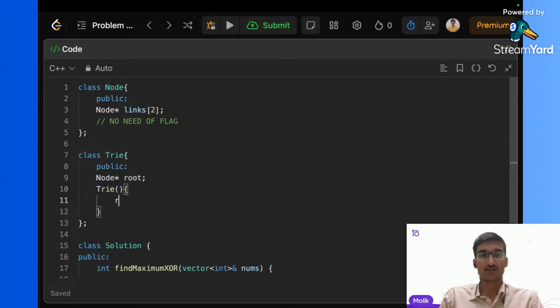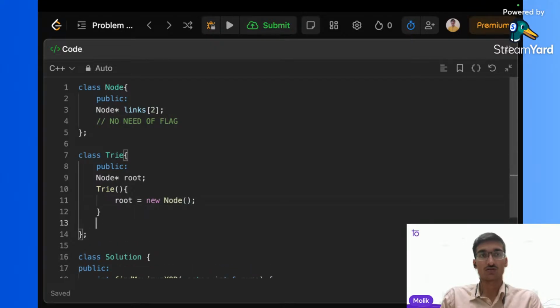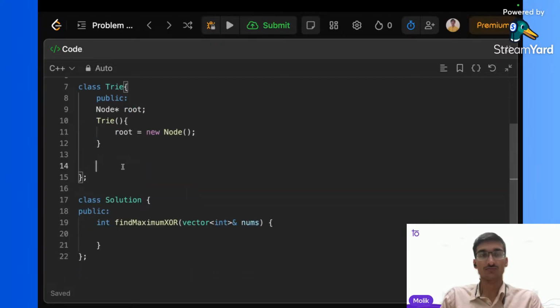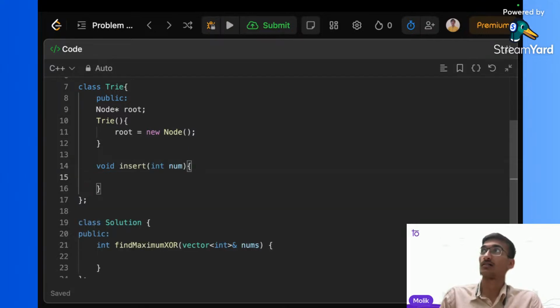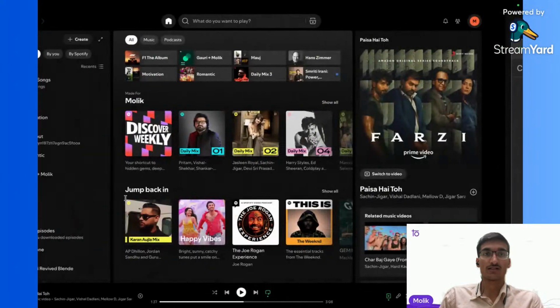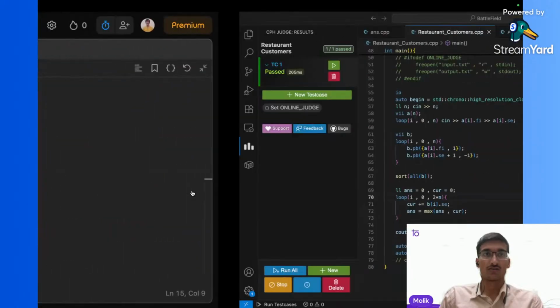Whenever we declare this trie, we need to assign a new node to root. Okay, and we also need an insert function, right? So insert function will take a num, and we simply need one way to